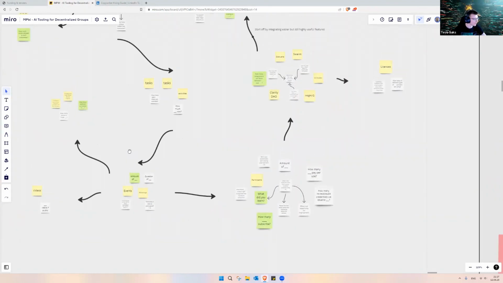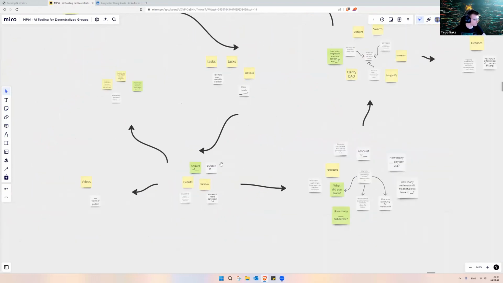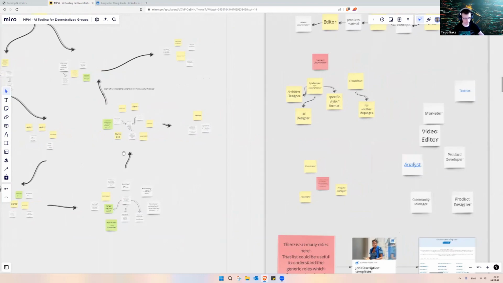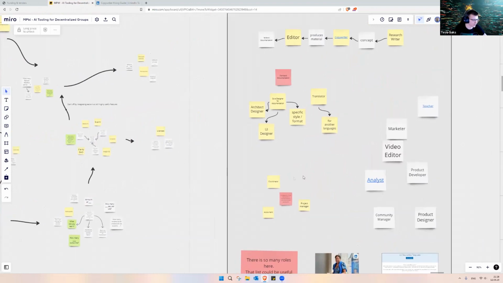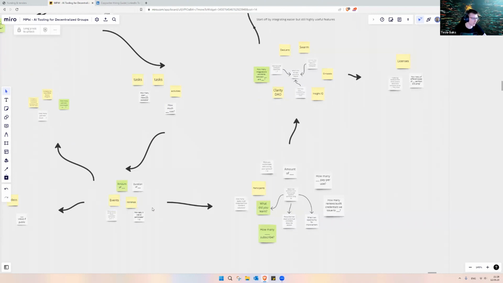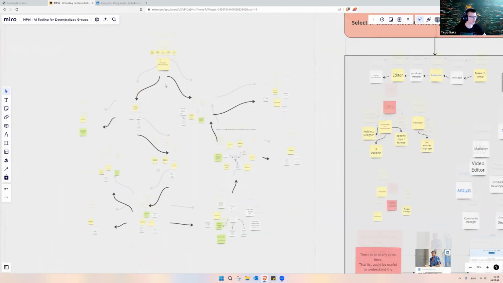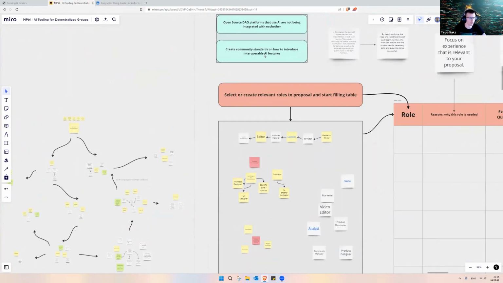So moving on, we have events and workshops. When we do events and workshops, what kind of roles would we need? And I'm going to put somebody new on the spot, perhaps Richmond himself, who just joined, and see if you're able to catch on quickly. There are no wrong or right answers, simply from the top of your mind. What roles would we need in order to create an event or a workshop to work on standard documentation for interoperable AI features?